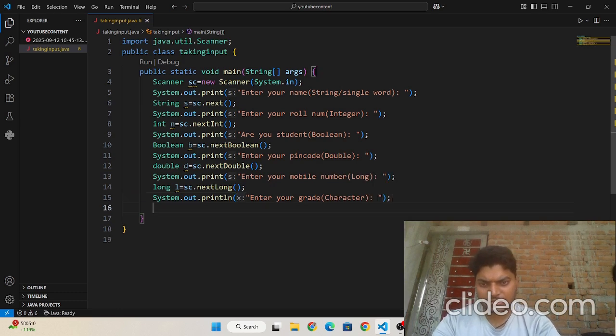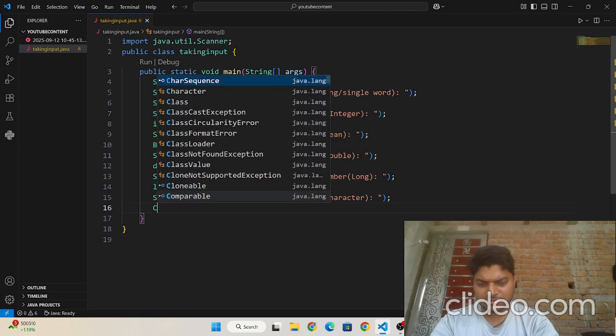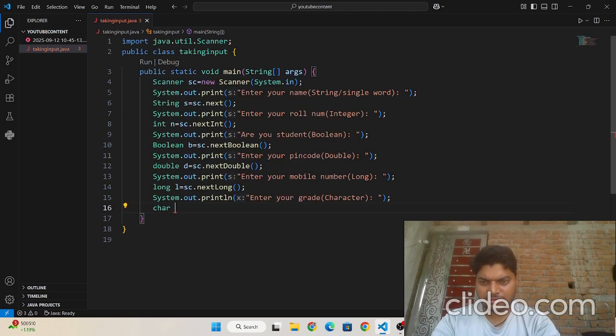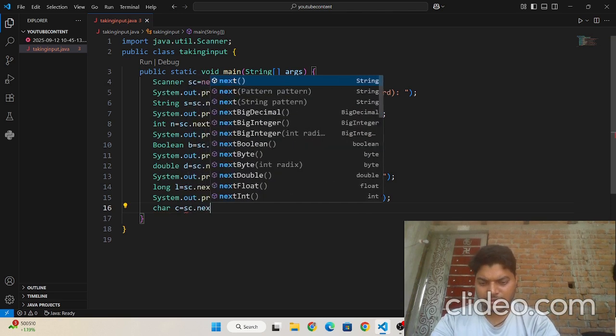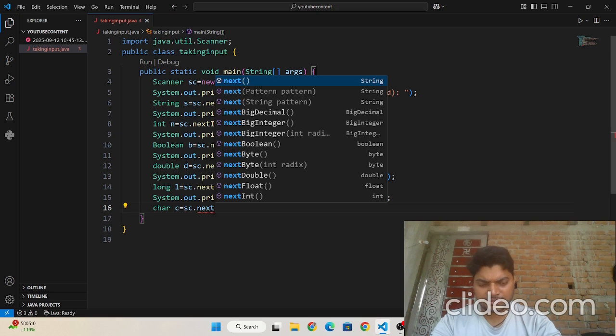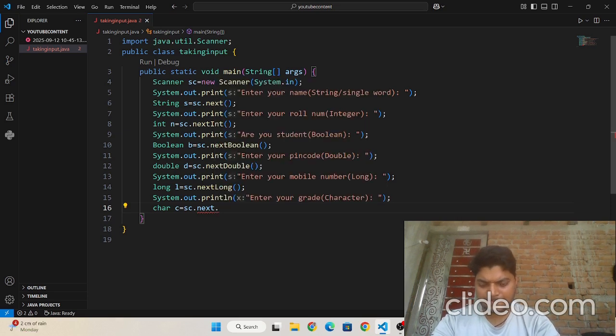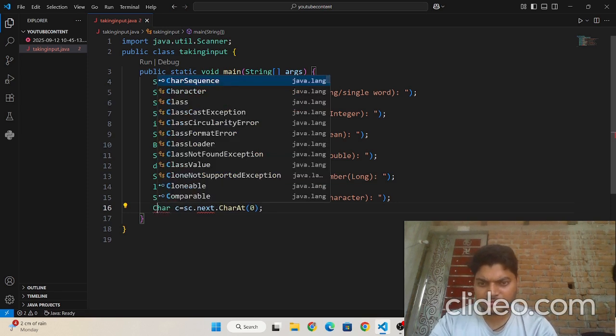So I need to write here char c is equal to sc dot next, and then charAt 0. What should be here? Capital.